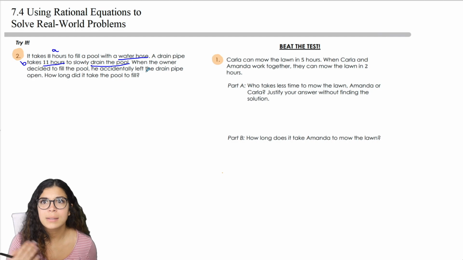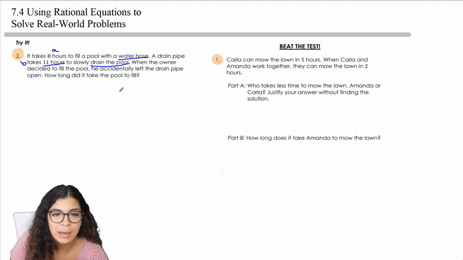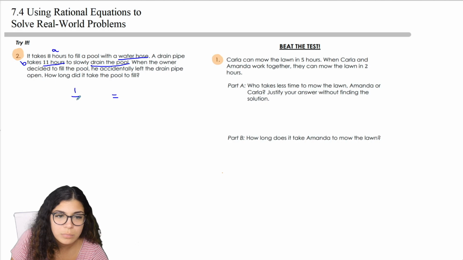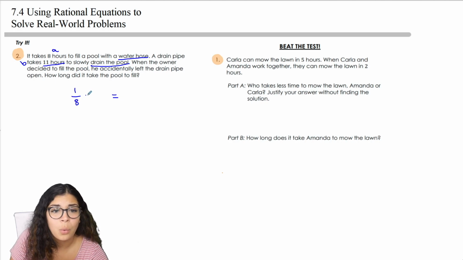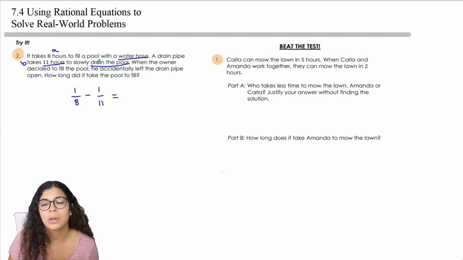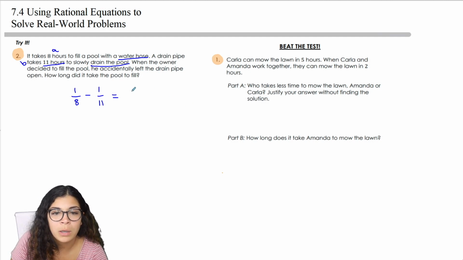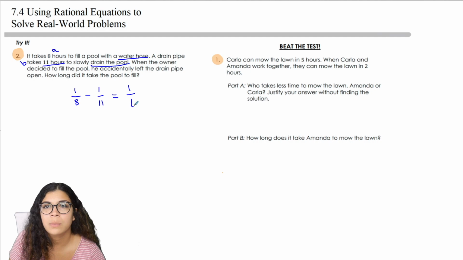So he was trying to fill the pool this whole time, but he had the draining pipe working against him. So how long in total? Well, we would take 1/8, because it takes 8 hours, and we have to subtract 1/11 because this is actually a negative rate. Because you're draining the pool, it's working against, which means that you're subtracting. And then that will equal 1 over t, which is the total time that it would take to fill the